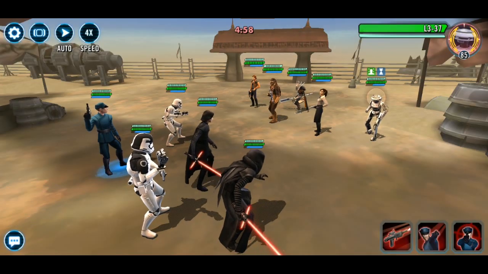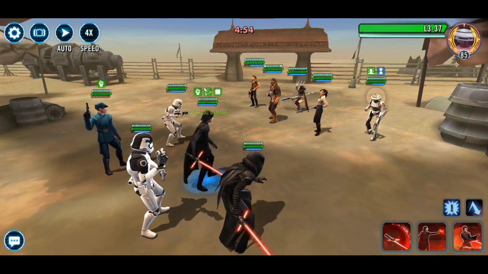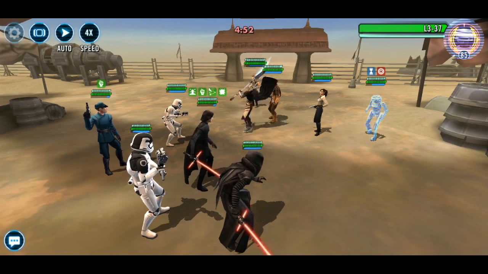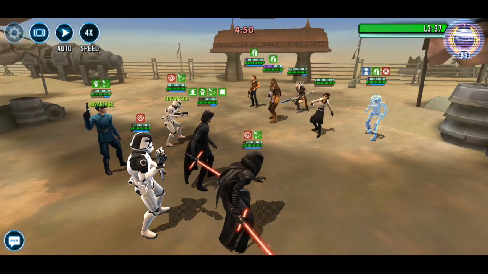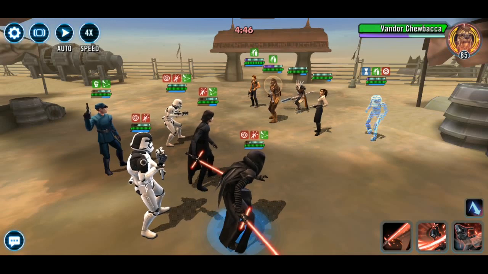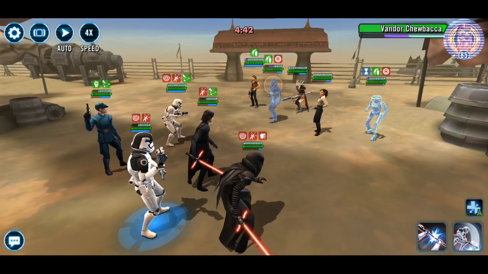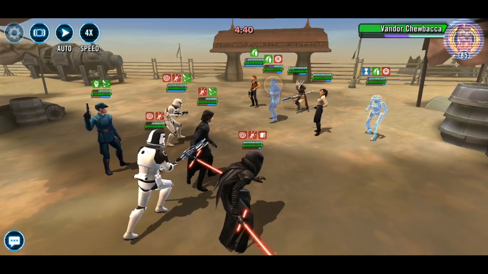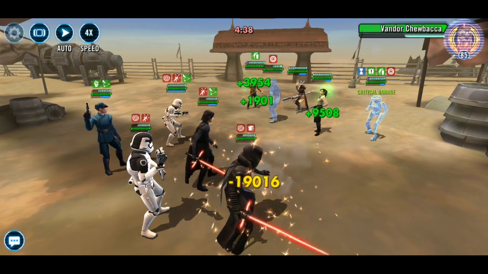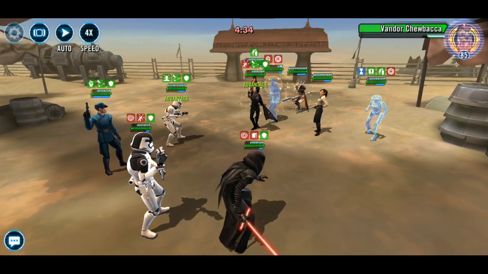Alright, so now let's jump into my favorite counter for Nest, and that is First Order. And I'm going to show two different instances of using First Order against Nest, just so you guys can see everything. And the battles kind of work a little bit differently with First Order. First Order is another control team, just like Jedi Training Rey is. And that means that you use a lot of stuns, you use a lot of things like tenacity down and